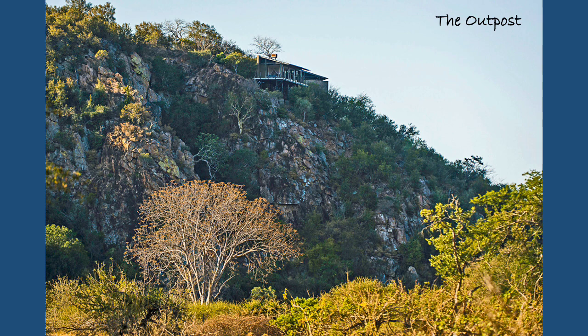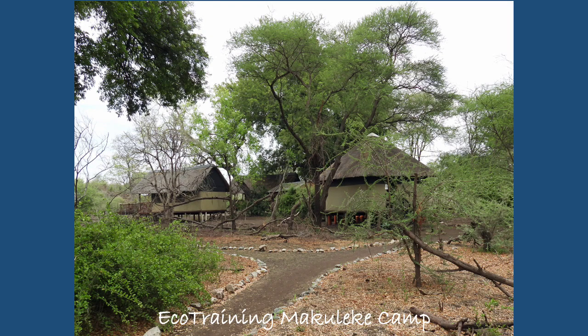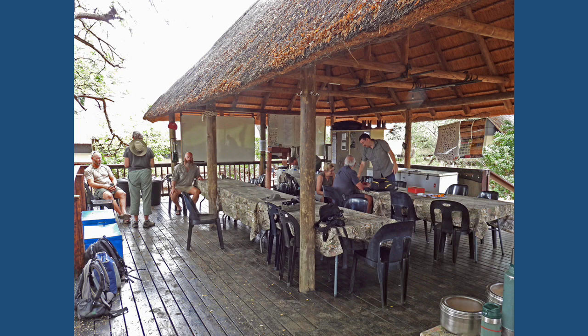And the Outpost is perched high up on a cliff overlooking the Luvuvu River with magnificent views over towards the Sandparks area. The Eco Training Camp is a little bit more rustic, with landscaping by elephants who roam regularly through there. But we thoroughly enjoyed our stay there. This is the general eating area, briefing room, place to relax. In the background, you can see Margie talking to